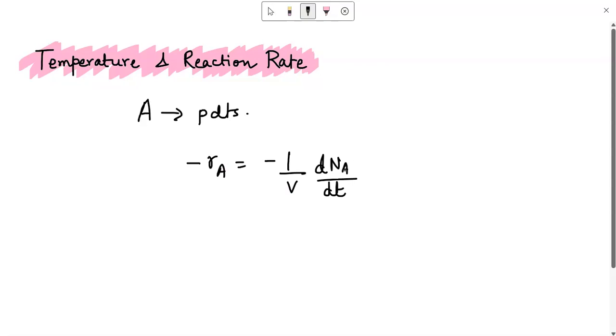Now, NA here is the number of moles of A, dNA being the change in number of moles of A with respect to dt, the time change, and V is the working volume. Now, you will write this using two terms, k into f of C. Now, this f of C is basically the concentration dependent term